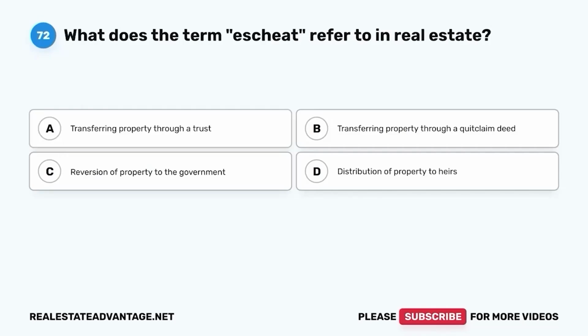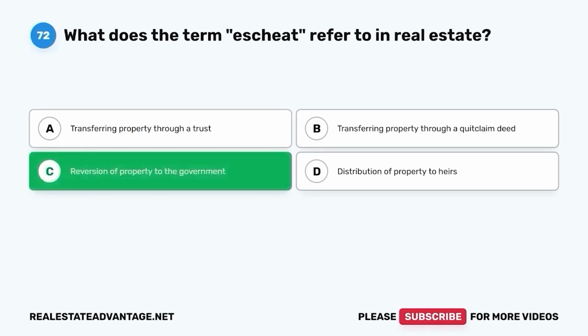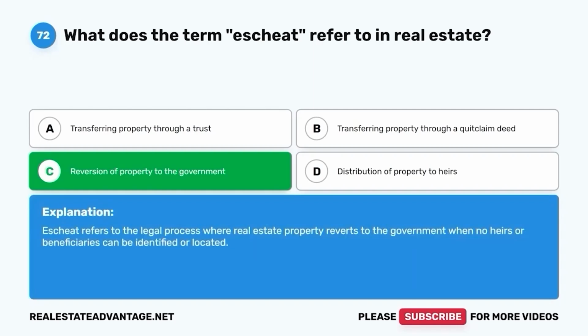Question 72. What does the term escheat refer to in real estate? A. Transferring property through a trust. B. Transferring property through a quitclaim deed. C. Reversion of property to the government. D. Distribution of property to heirs. The correct answer is C. Reversion of property to the government. Escheat refers to the legal process where real estate property reverts to the government when no heirs or beneficiaries can